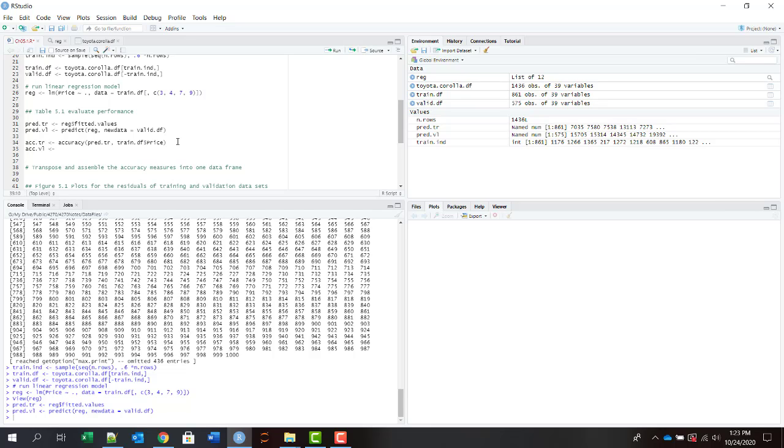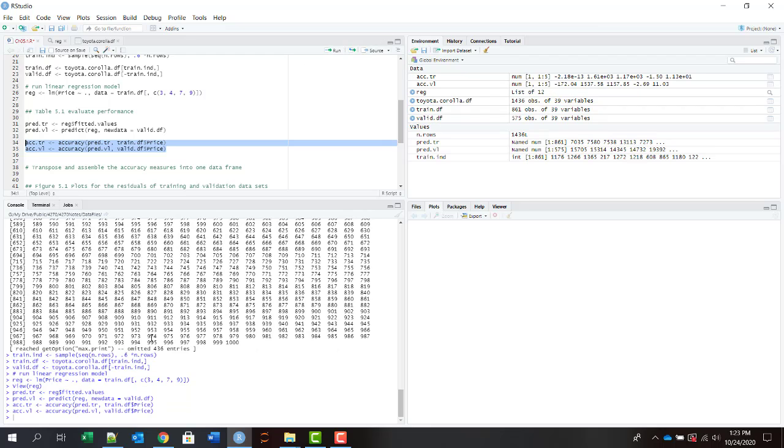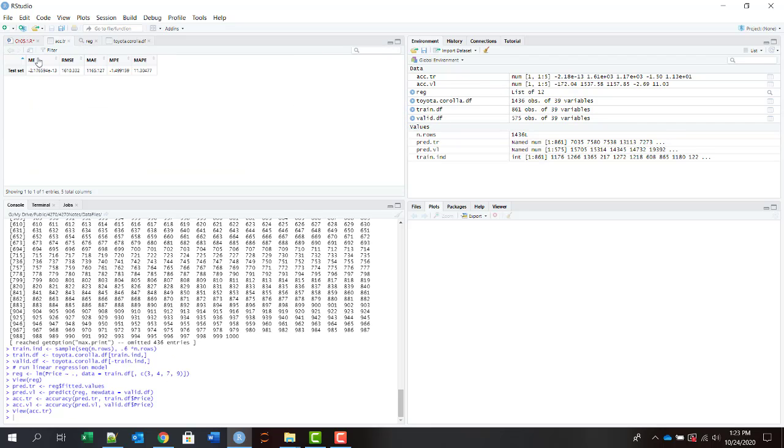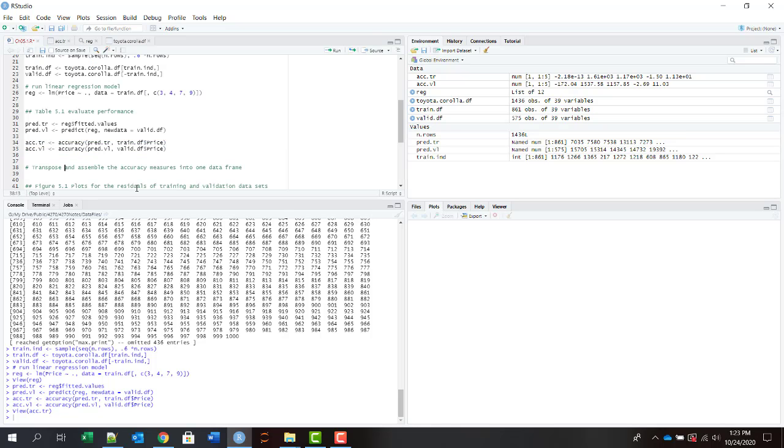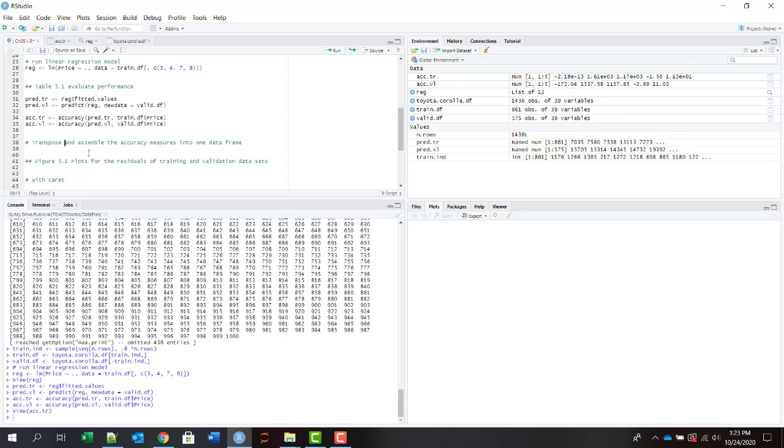So this is the predicted value, this is the actual value. Then we can do accuracy for validate, which is again accuracy, predicted values of validate, and then valid.df price. So these two will generate the performance measures. If you click that, you see mean error, RMSE, MAE, and so on. Suppose we want to transpose that and make that into a data frame,